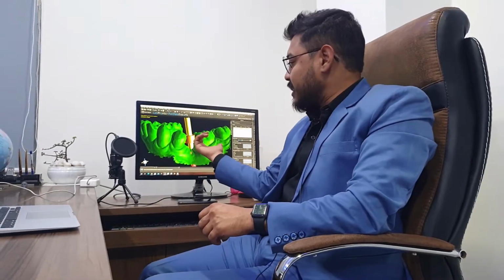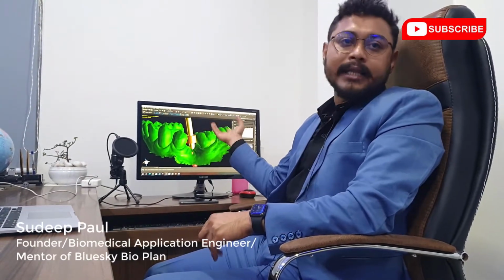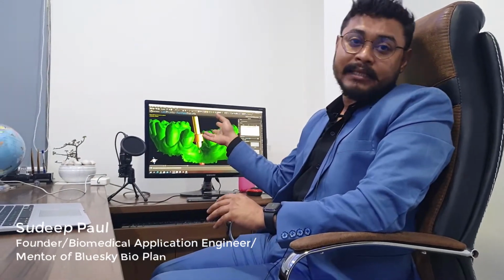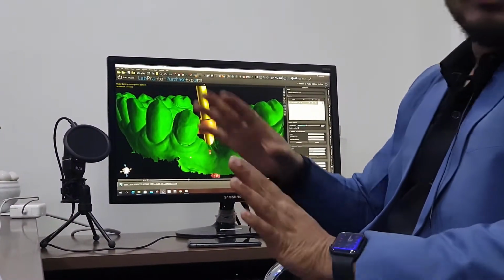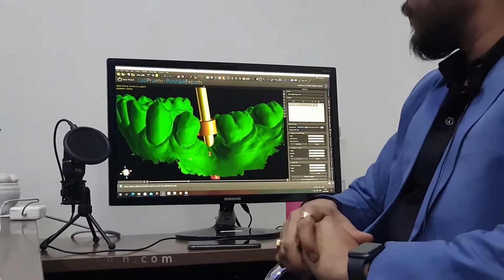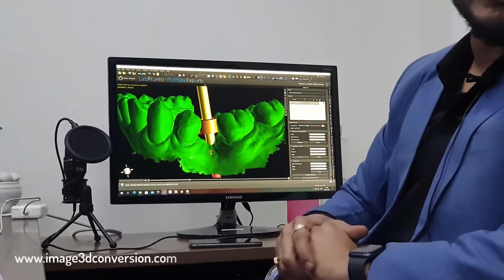So today I have a case in my computer for a single implant case. There I have the patient scan and the CAS scan. As I have the CAS scan, I can plan this case, of course, in a flapless way, not in a flap way, but in a less invasive way.